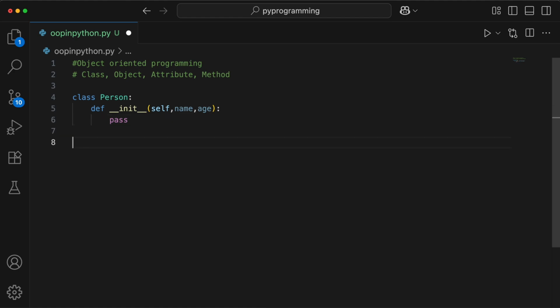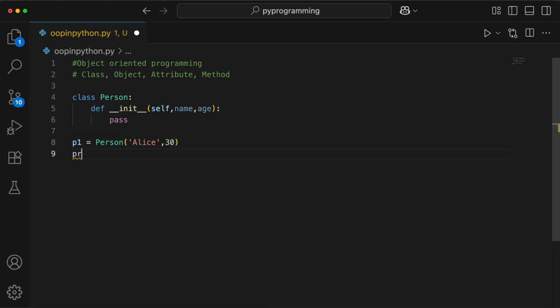Now let's go ahead and create an instance, or you can call it an object, of our class. I'll give a variable name of p1, let's say person1, and then this is my class. This is how you create an object, and these are nothing but the parameters, right? So you need to give the arguments. You don't need to mention anything for self, but you need to give the values for the other parameters that you have. Let's say I give Alice, and I'll give 30 for the age. Now p1 is an object with a name and age.